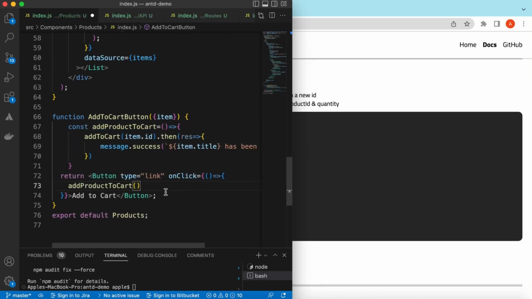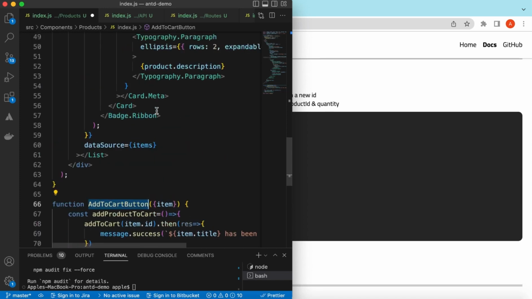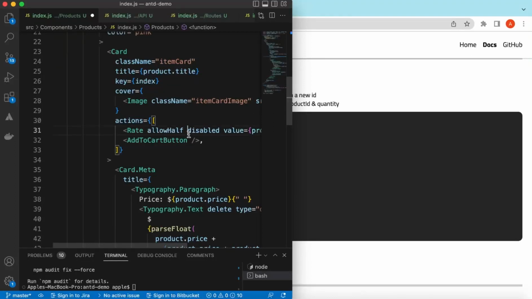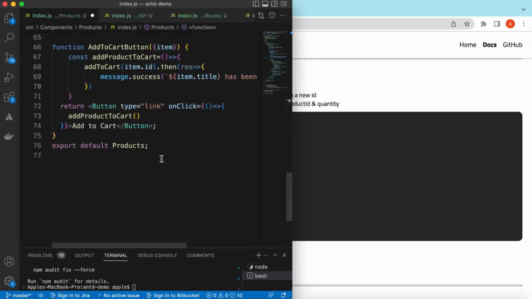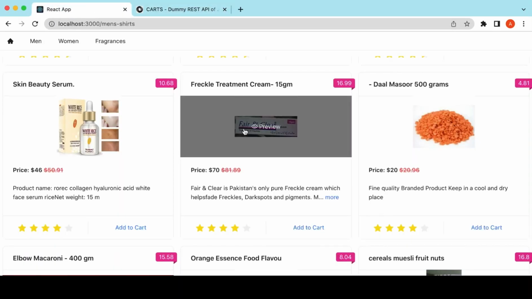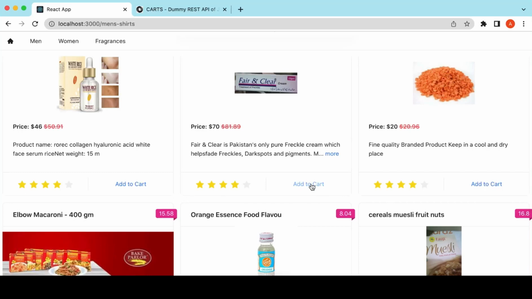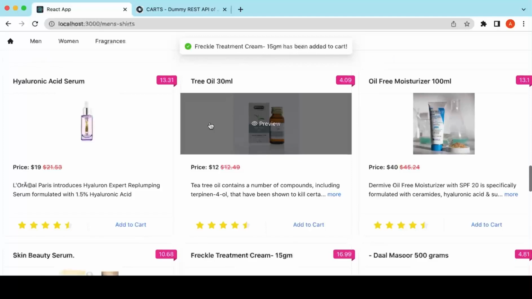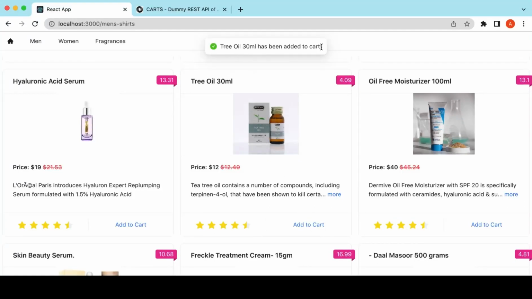And we can call this one, and here we need to pass this item here as well. So we can say the item is equal to the product, right? So let's save it and go to the UI, and if we click on add to cart, it says that this has been added. And if I go to some other, this entry oil has been added to the cart,